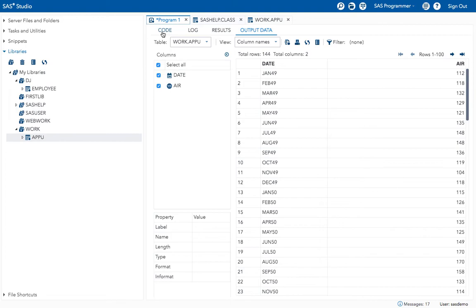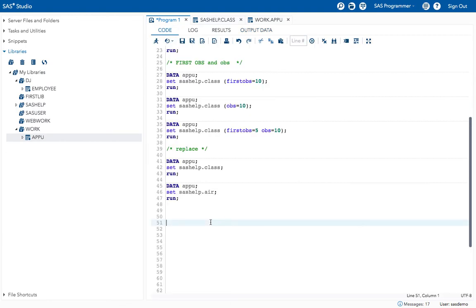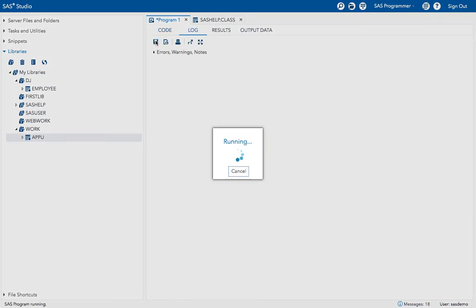Are you guys understanding? Yes, ma'am. So see, now I am running this program. I have given SAS help.class, to be stored on the name of Appu in the work library. Now I will run this program. Okay, now run the program.